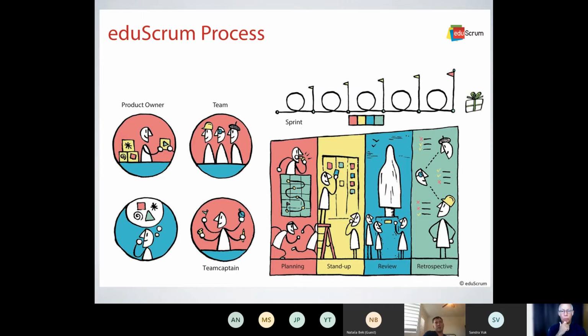Then what we do is we are really believers of rapid iteration and fast feedback. That is one of the principles of Agile, to really orient yourself towards the customer or the client, and to try to get feedback as soon as possible to know: are we heading in the right direction or not? So if we translate this into the educational environment, what we do is we break